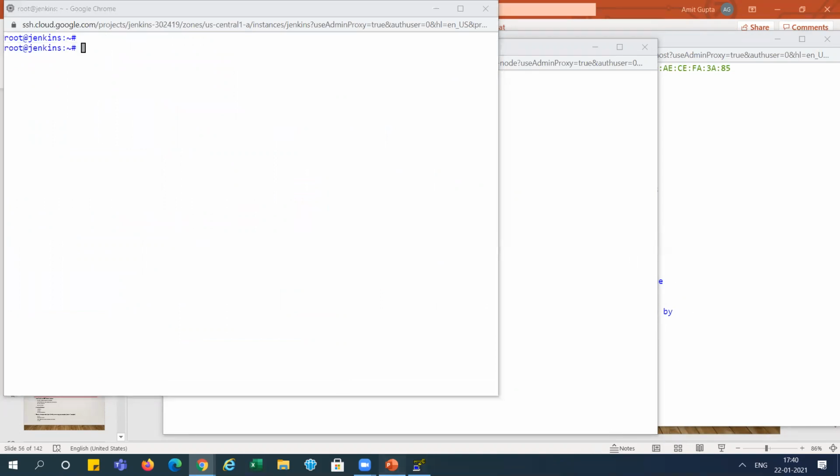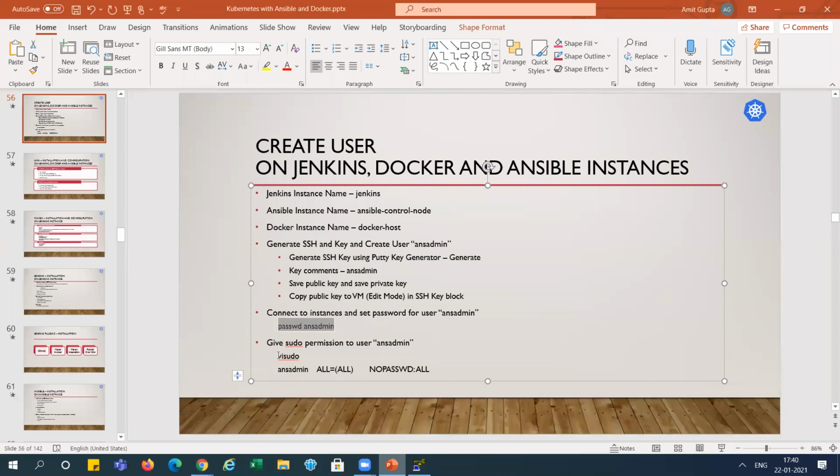Now, the next step is we need to give the admin access.